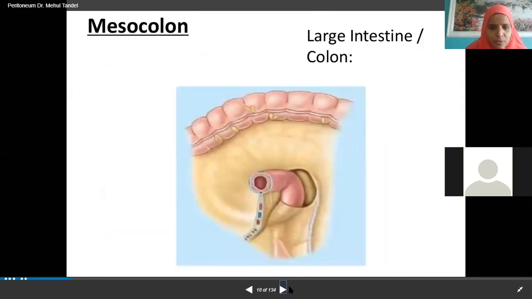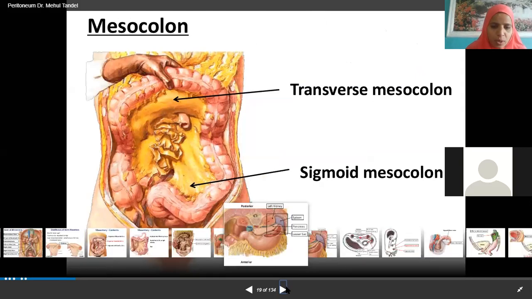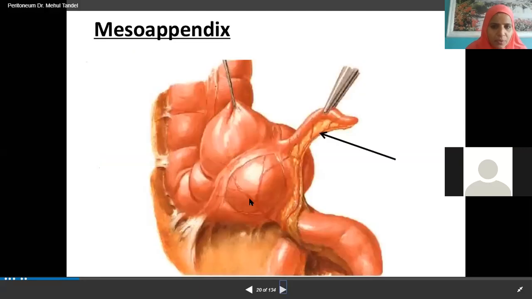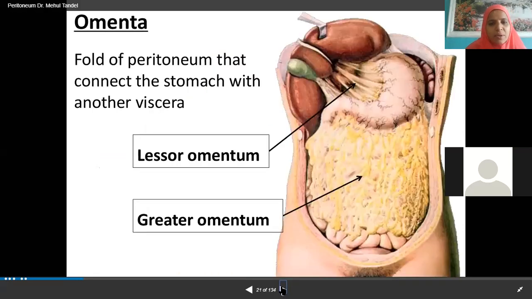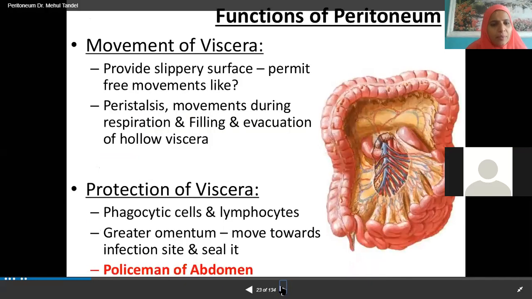Okay. So then in the colon, we know we have transverse mesocolon. This transverse mesocolon is continuing as mesentery. After mesentery, the further continuation we call sigmoid mesocolon. Okay. Then if you lift this appendix, this is the meso appendix. This also we have discussed already. Whatever we have discussed, I am not going to elaborate again.